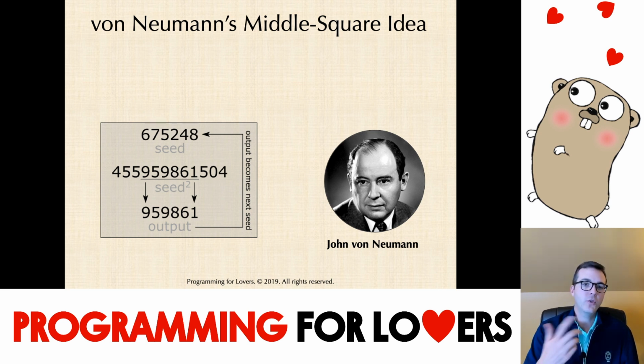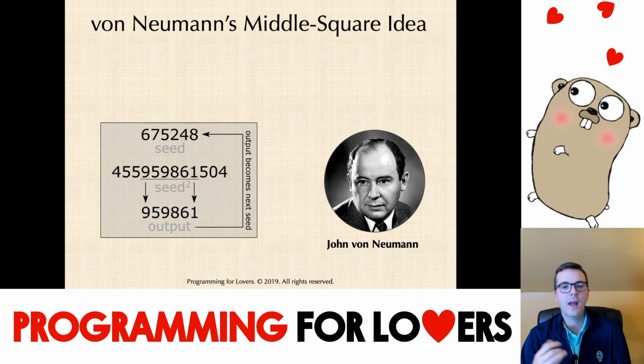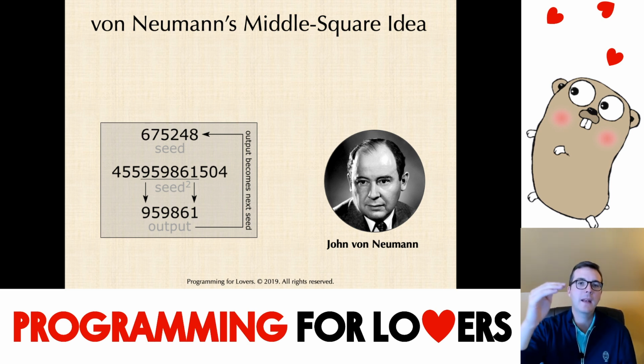In general, if we square an n-digit number, we're going to get a 2n-digit number. And then if we look at the middle n digits, in this case the middle 6 digits, after we do that squaring, there may not be a discernible pattern between the original seed and that next set of 6 digits. And so that would become our first not random number generated, but seemingly random number that would be generated by